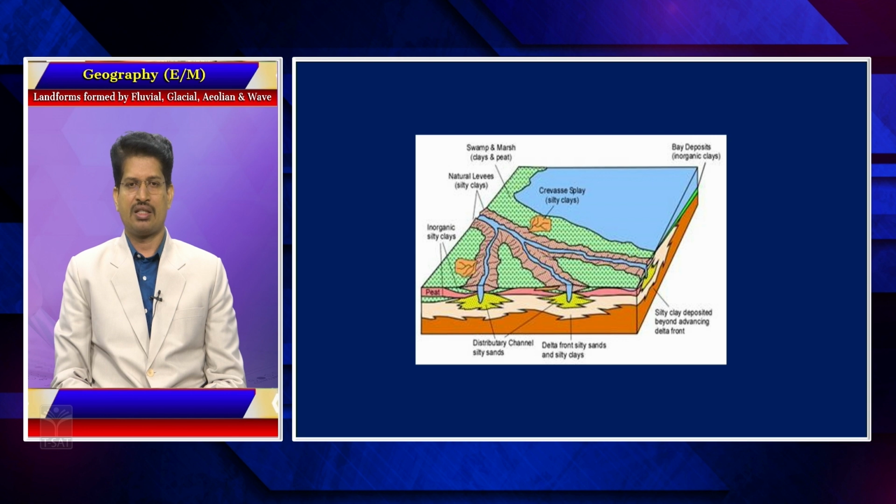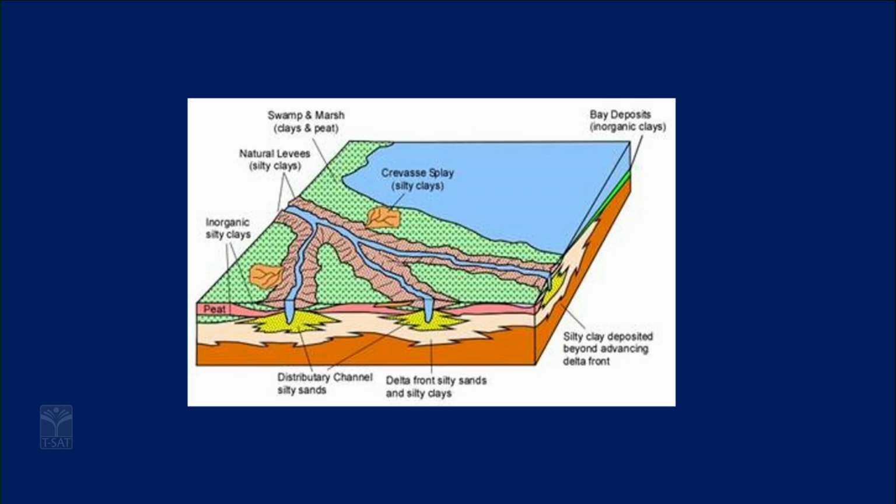These deltas are named in different ways based on the shape of the deltas. By the time the river divides into different branches, these are known as the distributaries. So, the river is formed by the combination of tributaries, and by the time it reaches the ocean, the river divides. These branched rivers are known as distributaries.